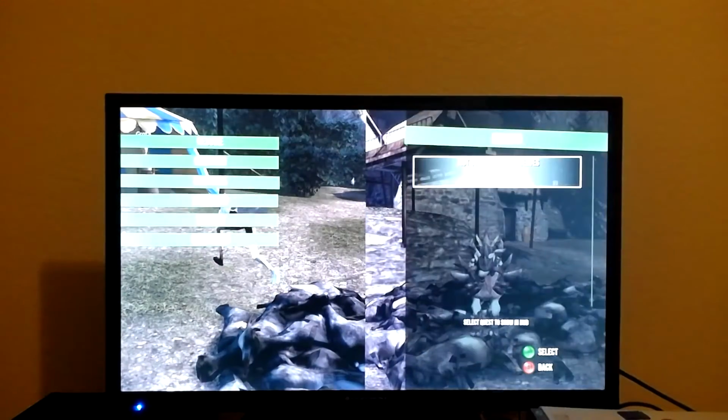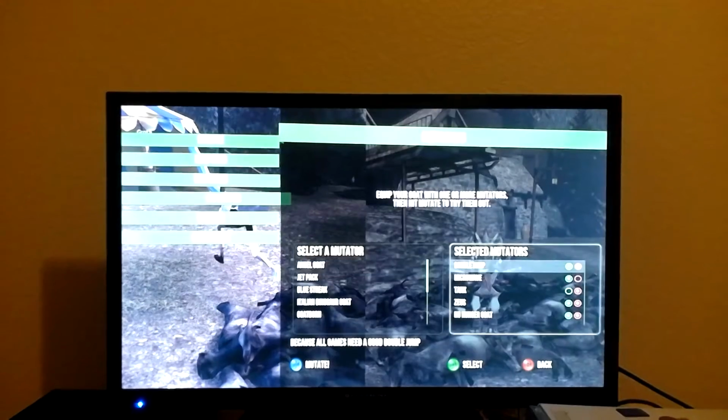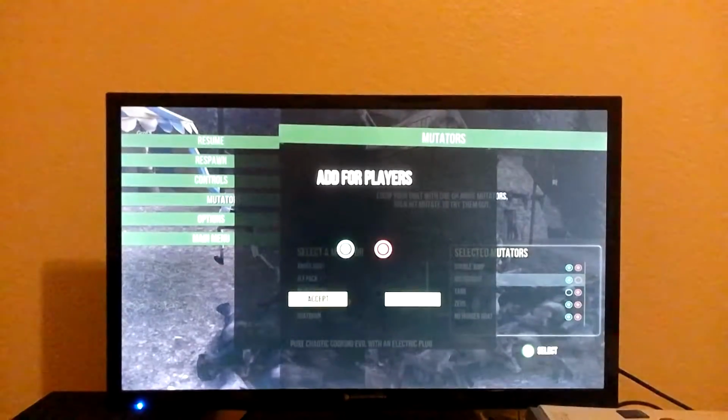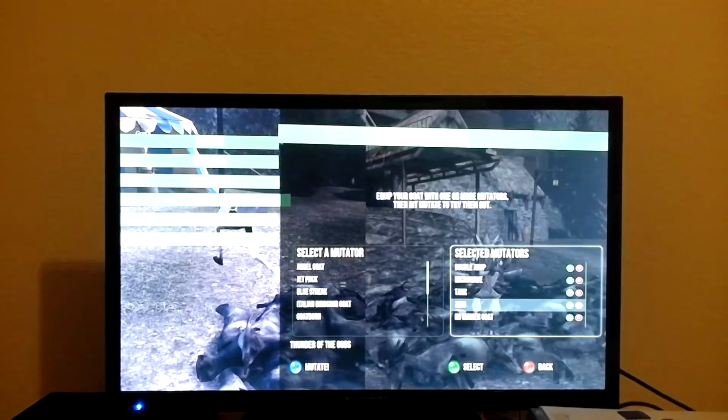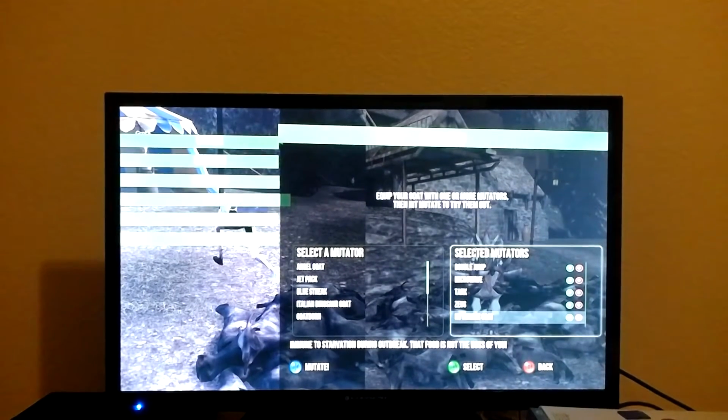Got it? Yep. We'll go to mutators. And then they should be right there. You're going to put on microwave and tank for you. Microwave, tank, and Zeus. That's all we need, right? You don't need Zeus, but...